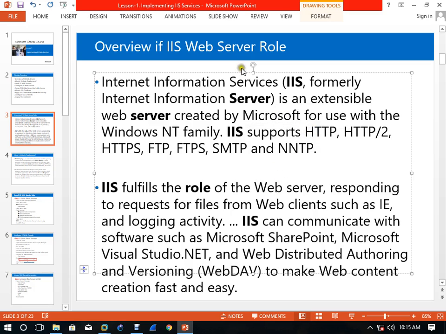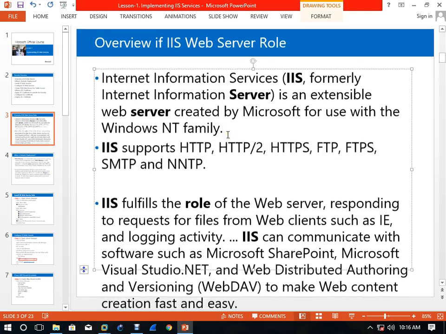When we run this web server, it will provide you HTTP and HTTPS, FTP, FTPS, not SMTP and NNTP, because in the new server they have made another service for SMTP and NNTP, but in the older servers, IIS was supporting all of this, SMTP also.